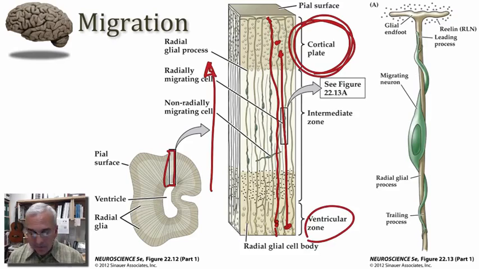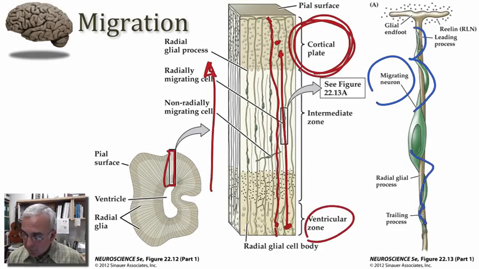So over here to the right, we have a depiction of one of these neuroblasts migrating along this radial glial fiber. And these cells will translocate. They will shimmy along this fiber on their way towards the cortical plate. So there are a variety of factors that guide this migration, and along the way, these neuroblasts begin to further